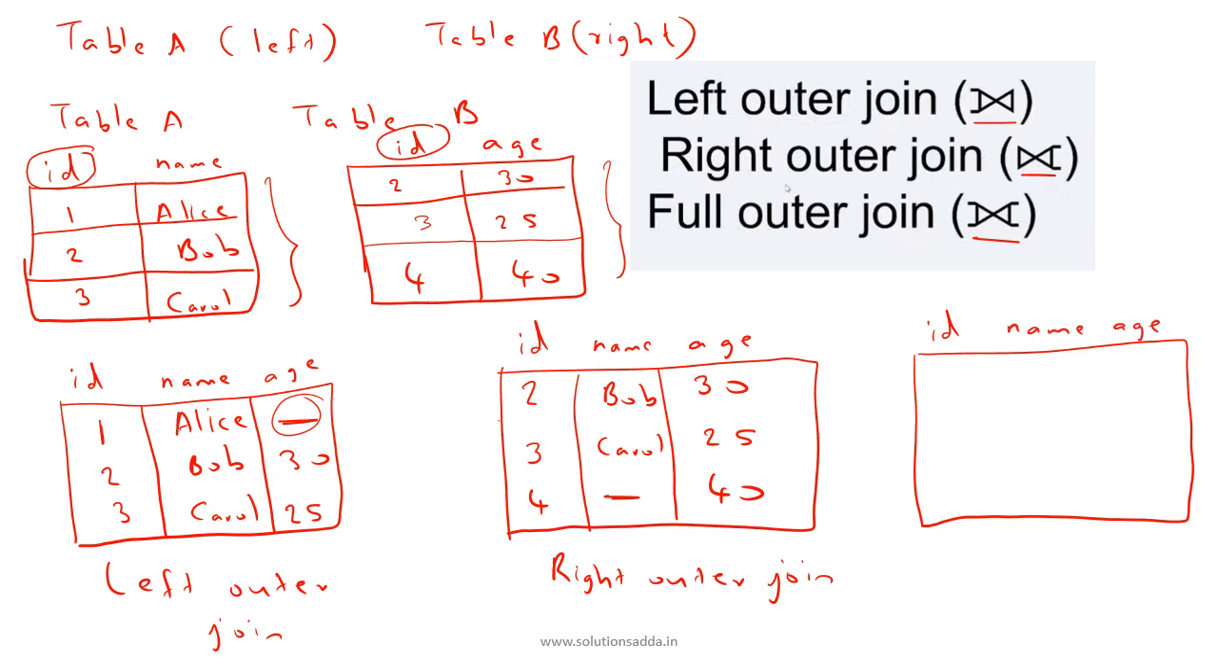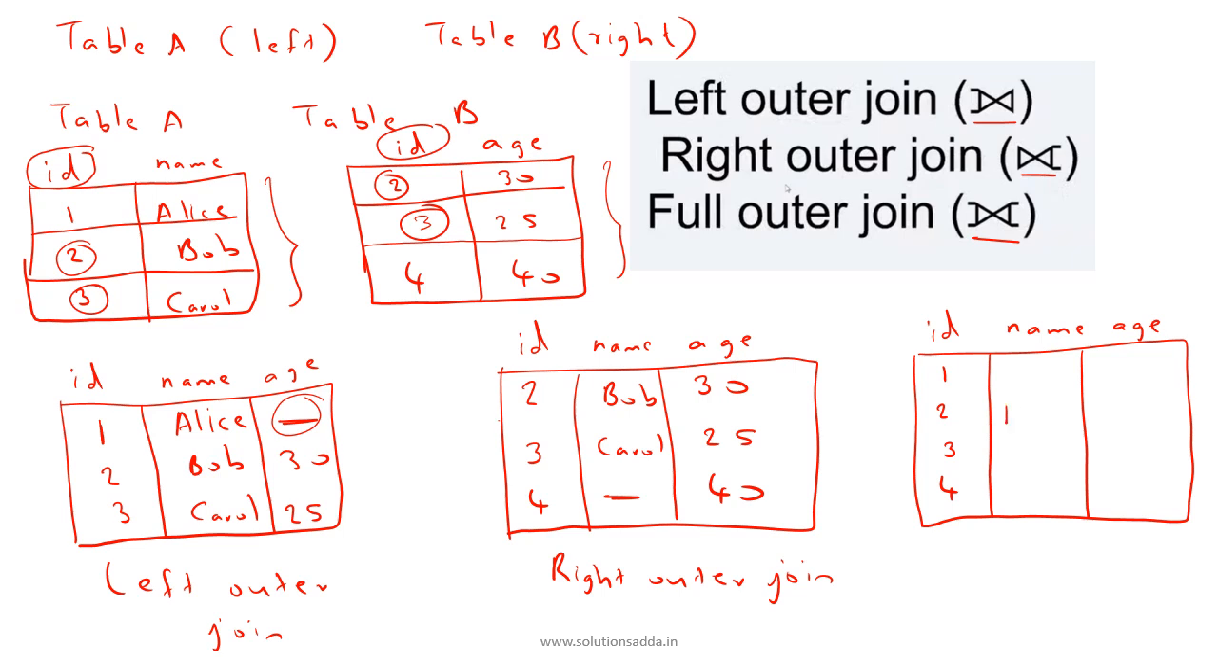Since we are having a full outer join, all the rows of both the tables will be returned. So ID will be having 1, 2, 3 and 4. Now since we are trying to match it, 2 and 3 only gets matched here. So let's write 2 and 3 completely. So 2 and 3 will be having,